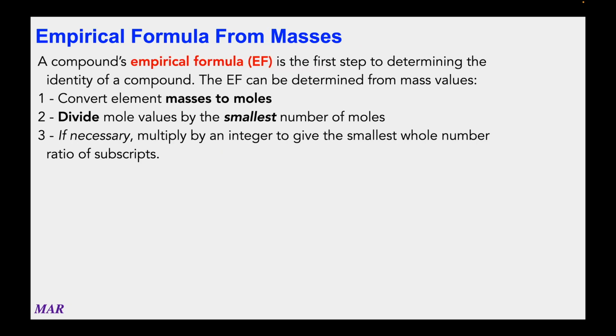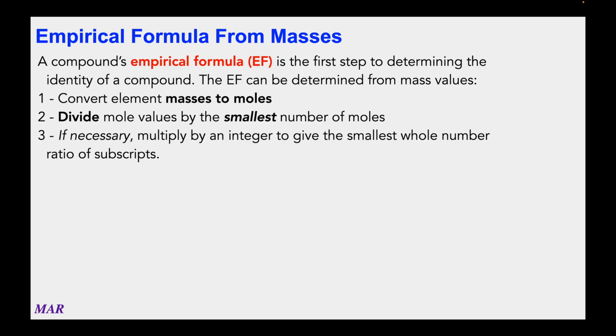Like we said earlier, the compound's empirical formula is often the first step in determining the identity or the molecular formula of the compound. And you can find the empirical formula from these mass values. If you have the exact masses, you can turn the masses into moles. And then from there, you can take those moles and divide the mole values by the smallest number of moles. That'll give you whole number ratios. And if necessary, sometimes it is, sometimes it isn't,